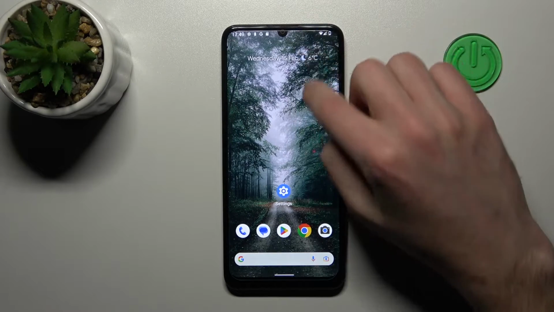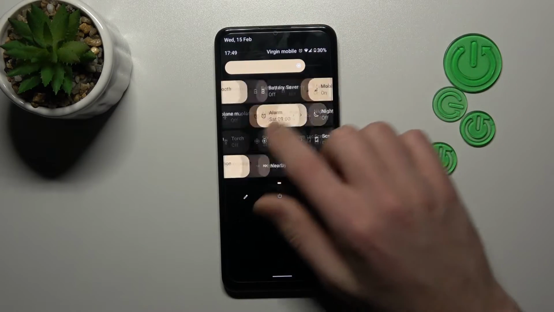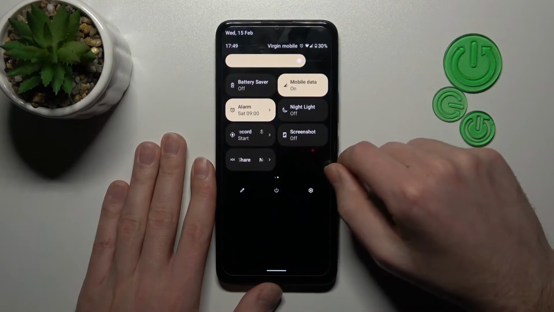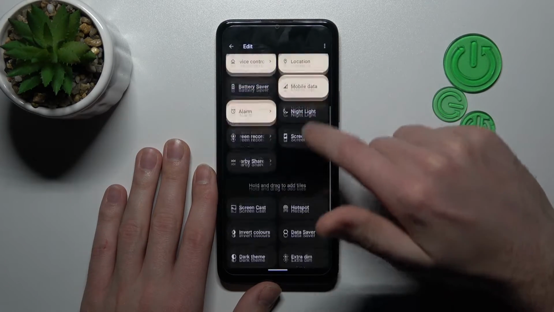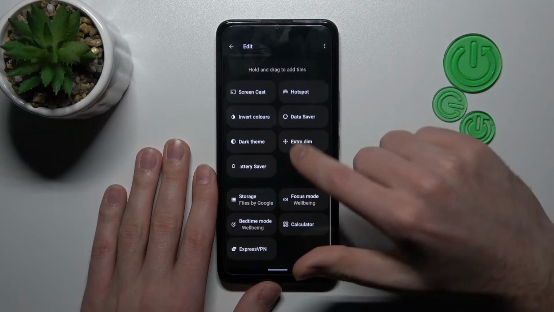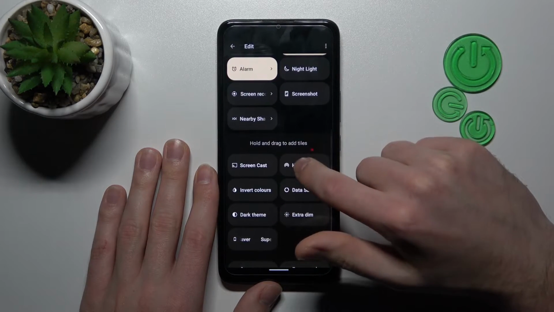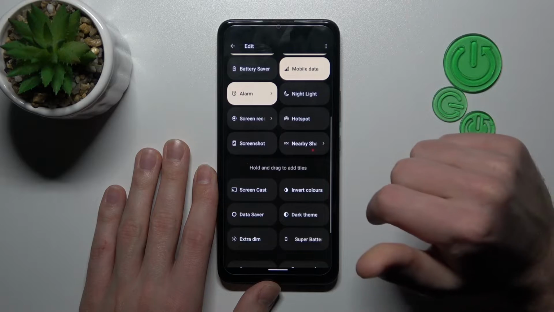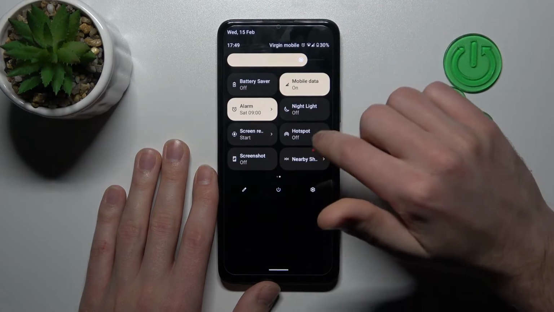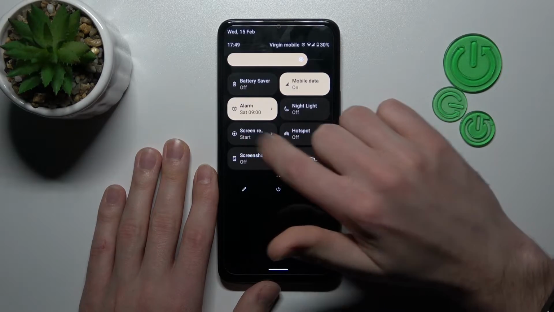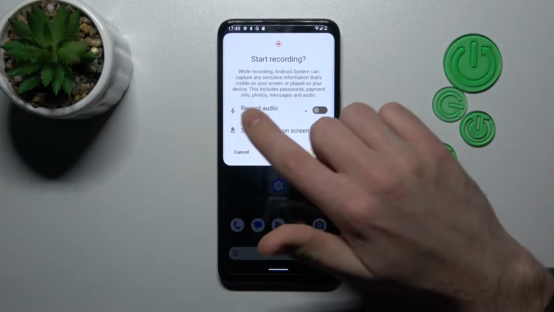First of all, open your top navigation bar and find the screen record button, this one. If you don't have this button here, tap the pencil, then scroll down, find this button in this block, and then like this, press and hold and drag to the top to add. And now, to save this button, tap back, and now press this button, screen record, and here we've got the record